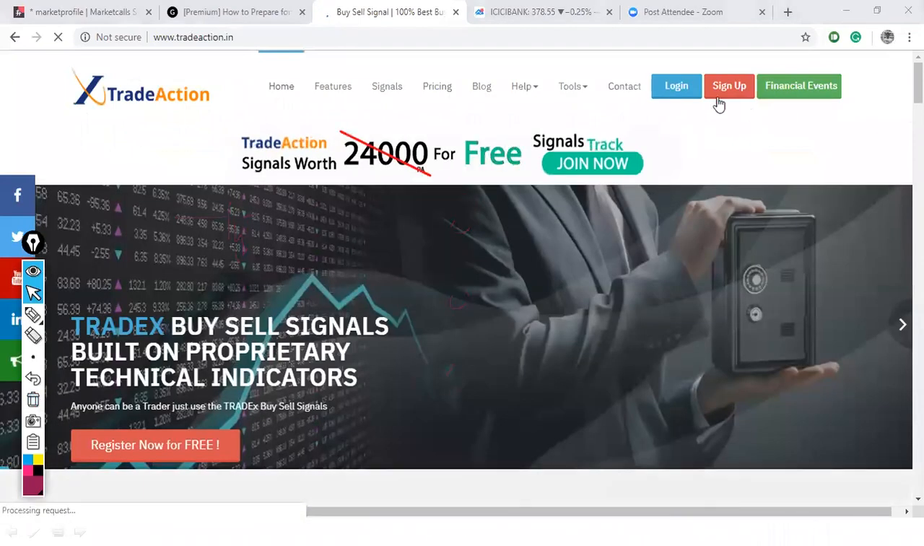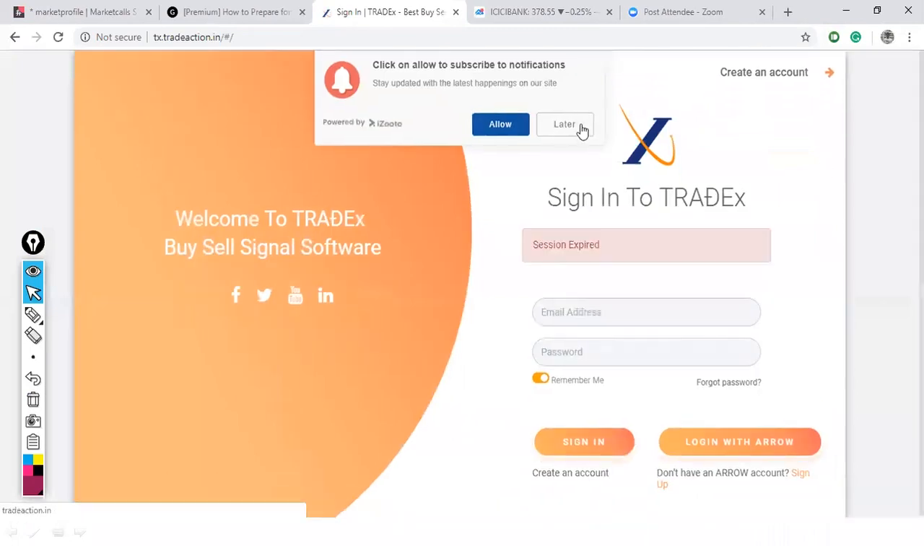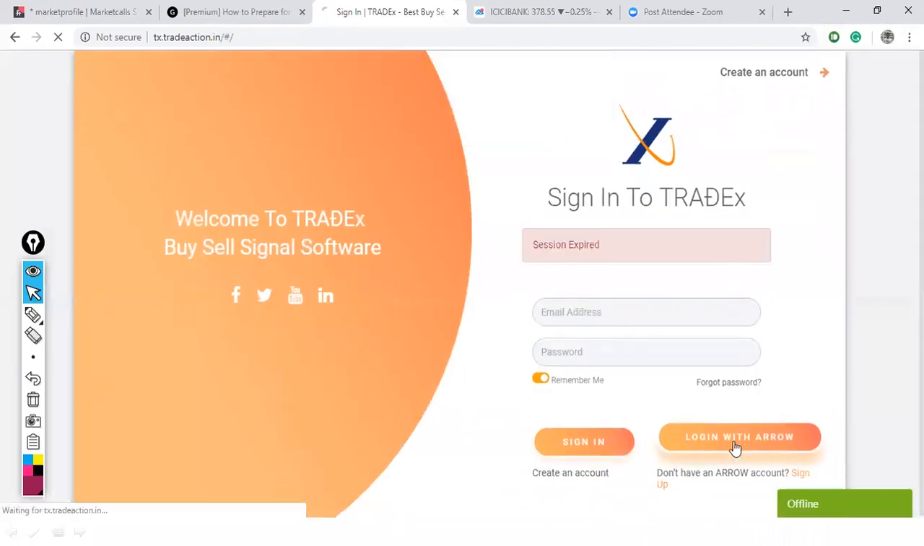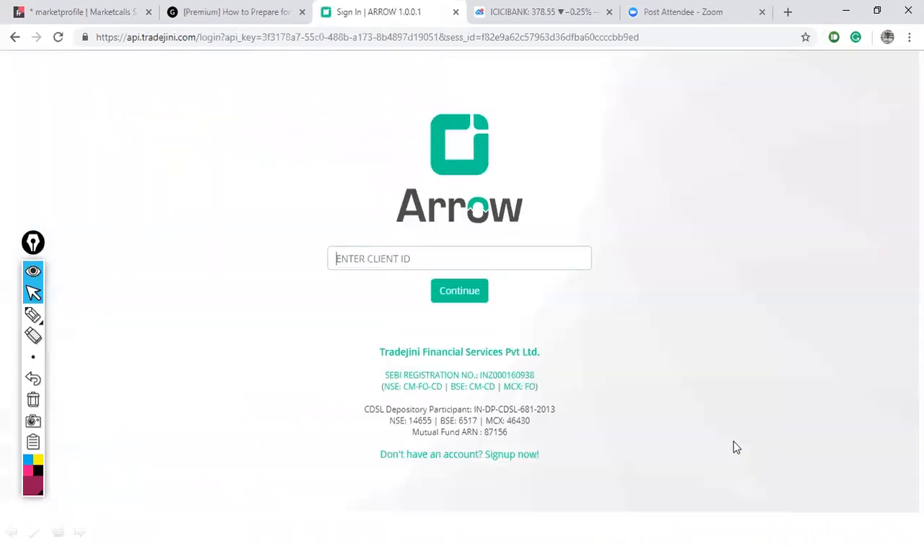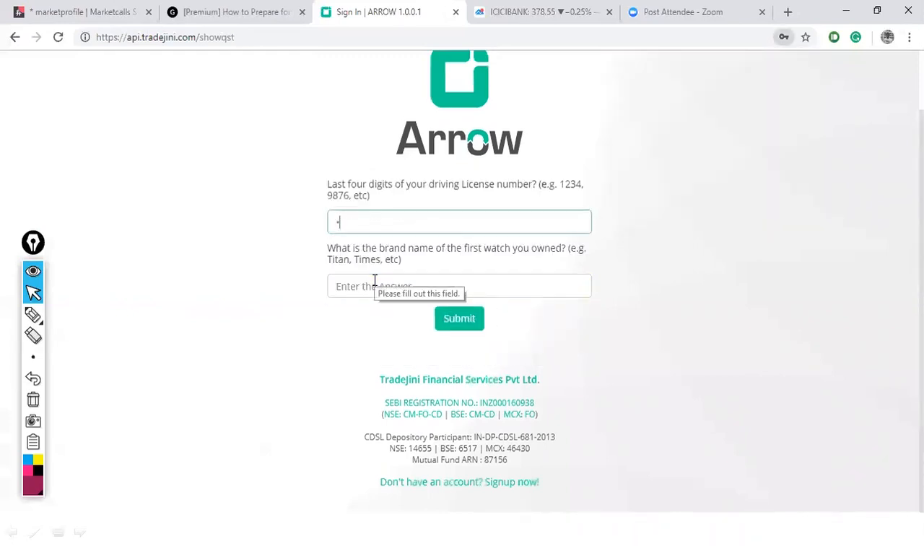TradeAction.in is absolutely a free portal, only for TradeGenie customers as of now. So you can use your TradeGenie credentials to access all those ORR setups. One of them is an ORR scanner here. It says whether that rejection is a strong rejection or a weaker rejection. So enter your credentials and then